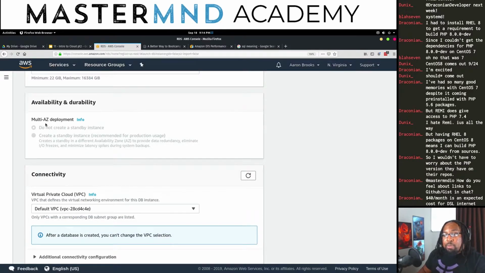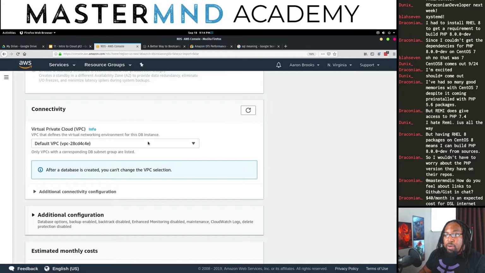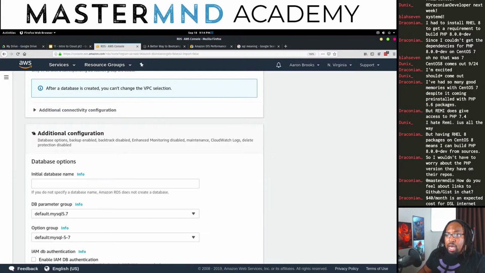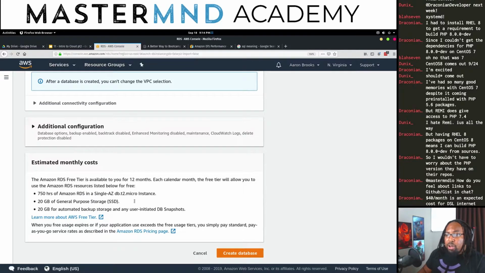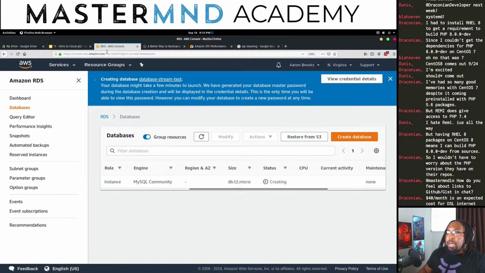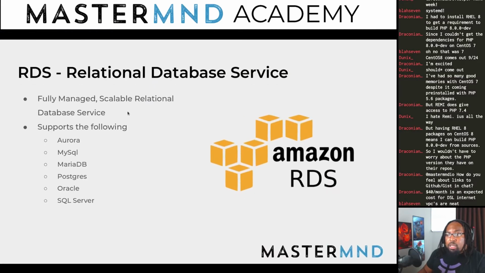Multi-AZ deployments, I can deploy this in multiple availability zones if I wanted to. We'll talk about VPCs, I believe, next week, and just kind of click through, and we'll use the defaults. Let's go ahead and create this database, and once it's spun up, we'll go ahead and connect to it. It'll take a little bit of time to spin up. So while that's spinning up, let's talk about,